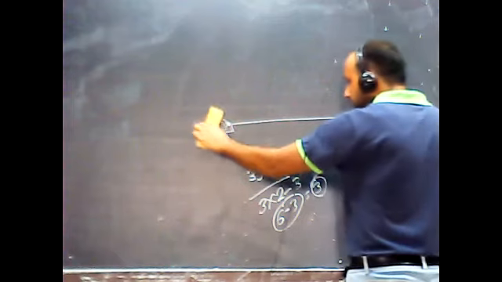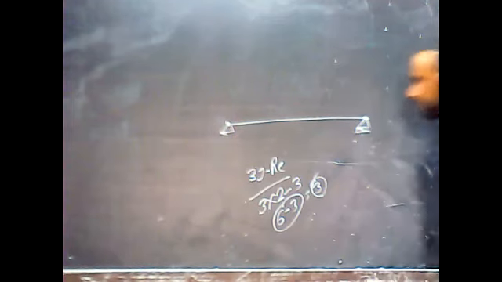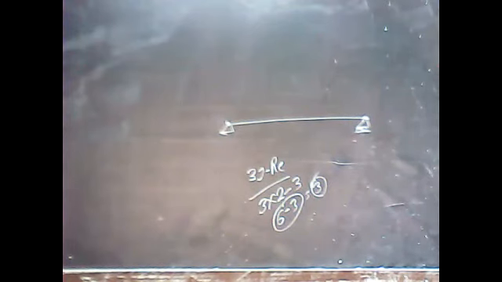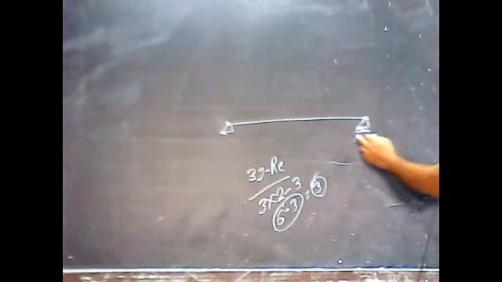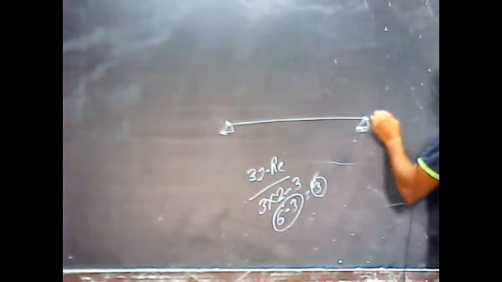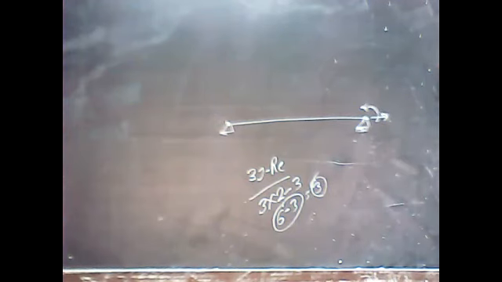Let me show those. I'm not interested in showing the support reactions now. I'm going to show the releases, or degrees of freedom, that I have in this structure. This is a roller. A roller provides restriction in only one direction. The maximum possible degrees of freedom is 3. 1 is restricted. How many remain? 2. One is horizontal, the other is rotation. These are the 2 degrees of freedom of a roller support, because one is restricted vertically.